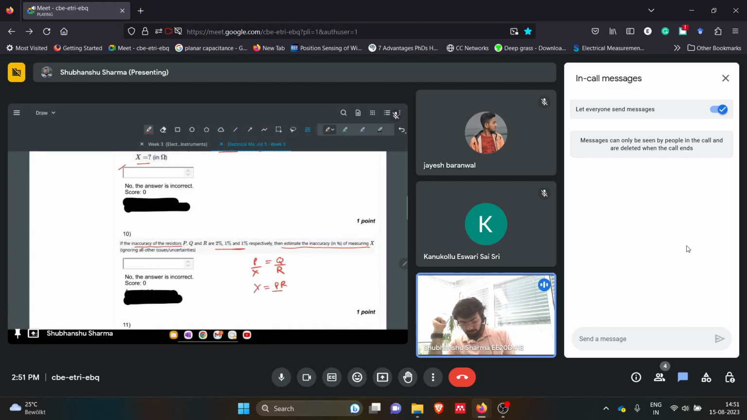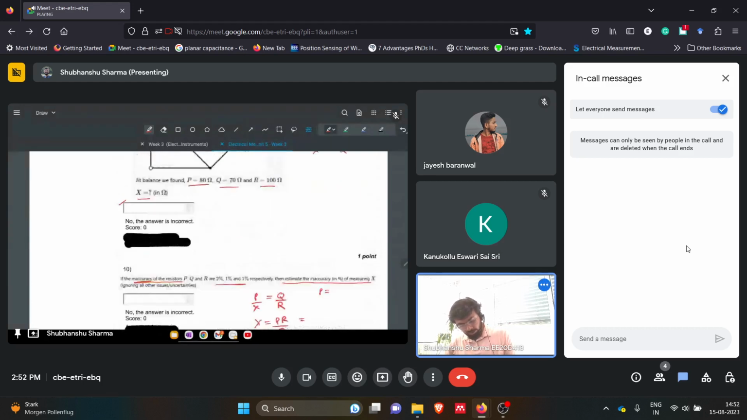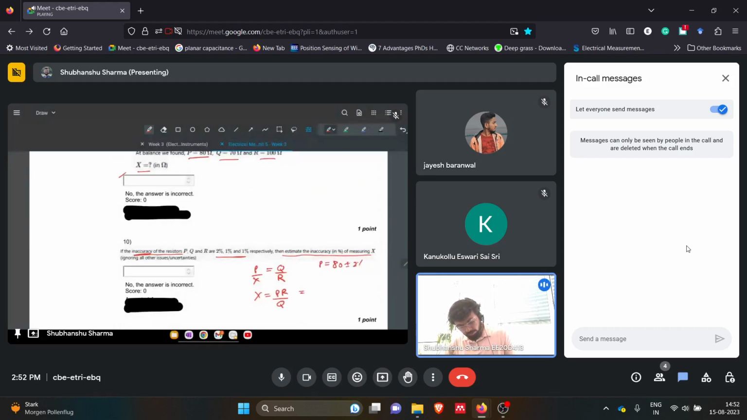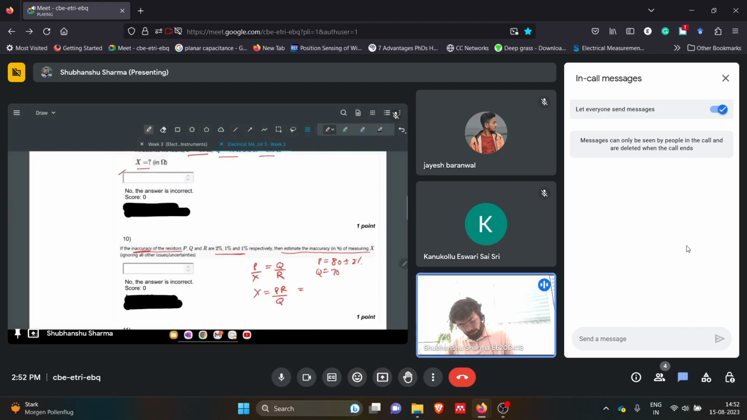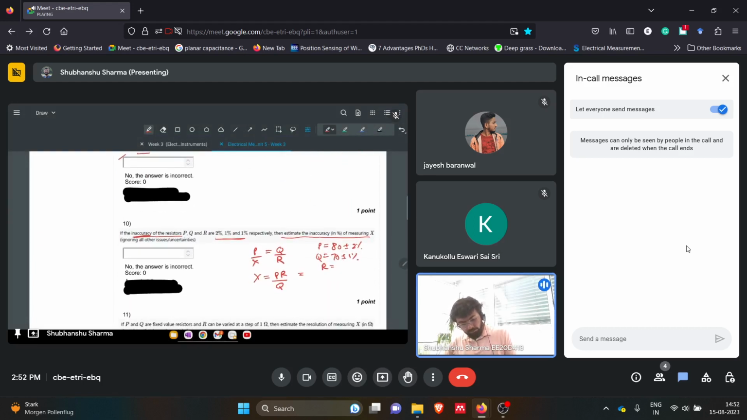So this is X = PR by Q. One thing we can do about this inaccuracy is go simply by formulas, the basic conventional method. We have P, R, Q values. P is equal to 80 plus minus 2%,